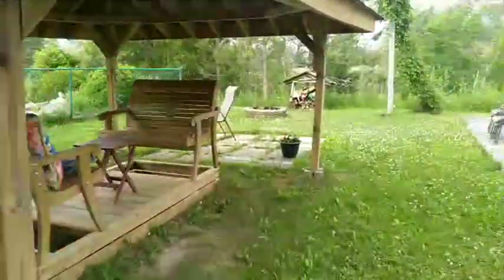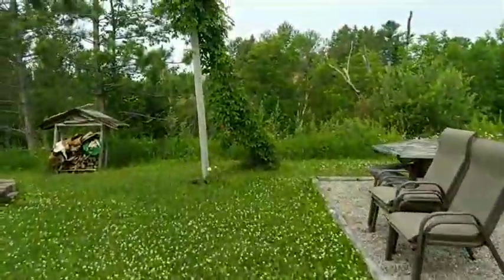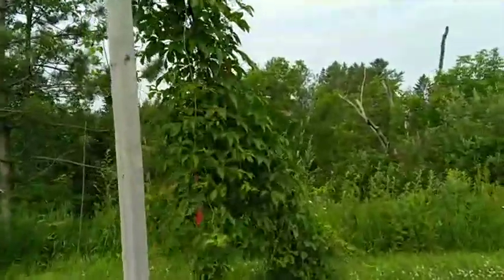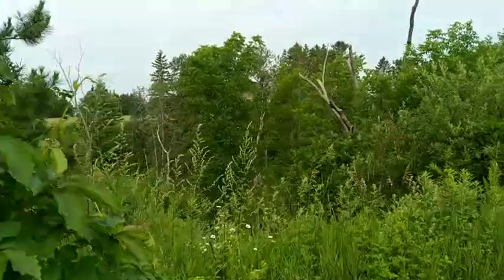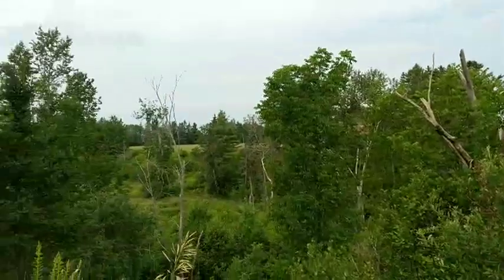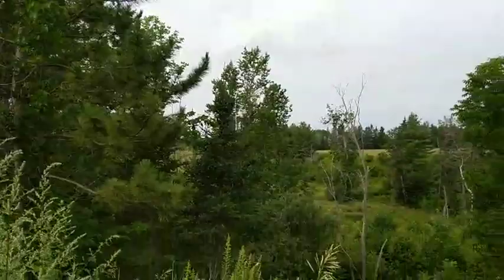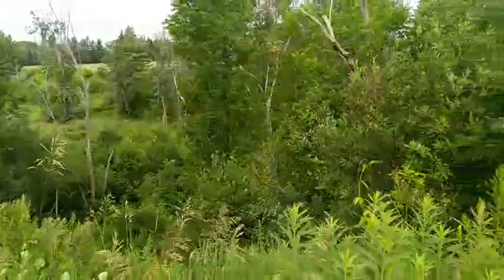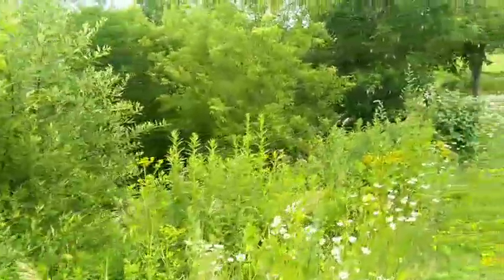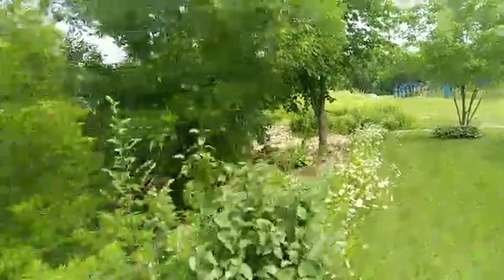We're still under a fire ban, which it's been a long time. I think it's July 7th or 8th today, and we've been under a fire ban since the start of June. June 1st was the last day that we could have a fire. It's a bit of a bummer, because for me summer is all about having fires, and unfortunately this year it doesn't look like we'll have any. Looking at the weather for 2 weeks down, it doesn't look like we're going to get enough rain to get out of that